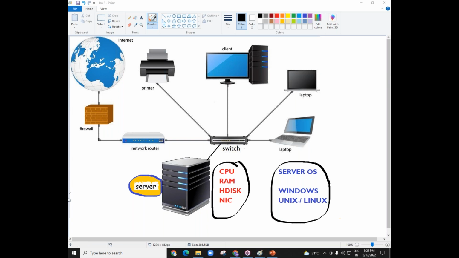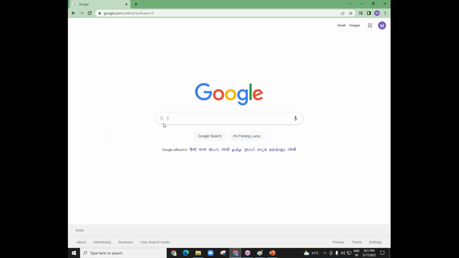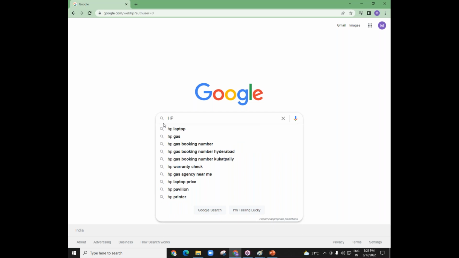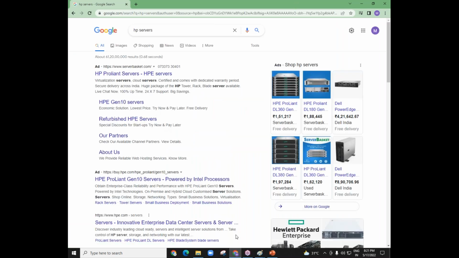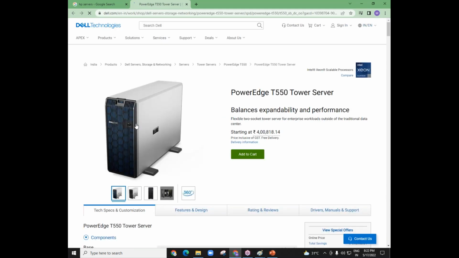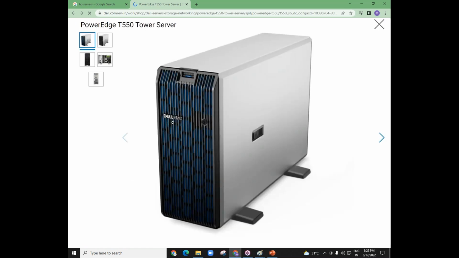server hardware. From where can we get server hardware? You can just go to any company. Like I got the company name HP here. I can see HP laptop here. Now I can see HP server also. HP is the company that manufactures laptops as well as servers. You can say Lenovo. Lenovo is the company that manufactures laptops as well as servers. Now see here, this is one of the HP servers that I am accessing now. It is a Dell actually. Can you see the name here? It is written as Dell EMC.